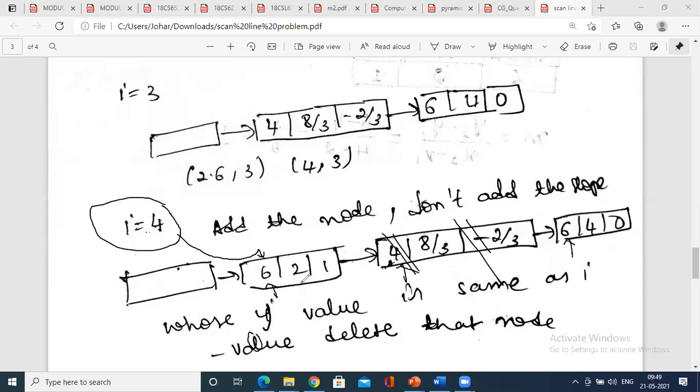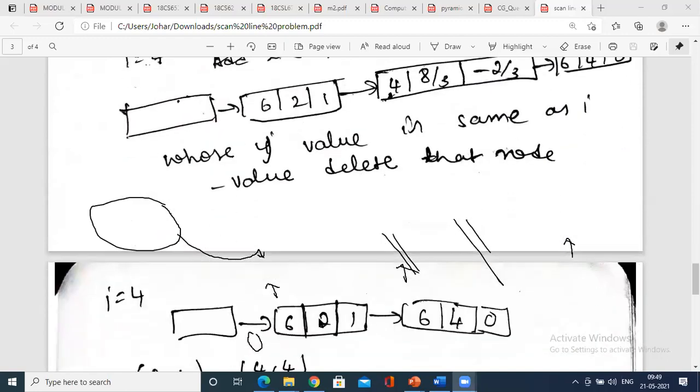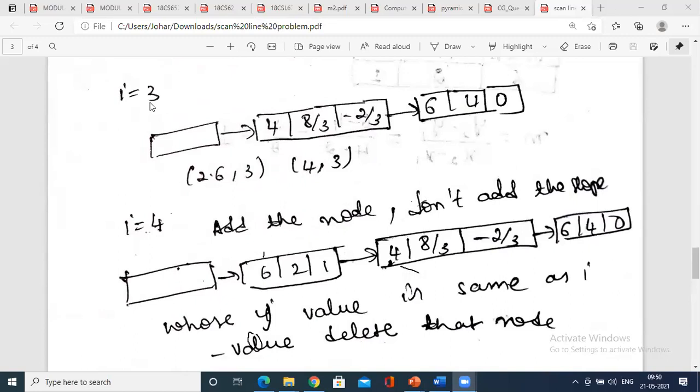Now you have to draw the coordinates from 6 2 1 and 6 4 0. So let us see here. How do you draw? You have to draw the value from 6 2 1 and 6 4 0. Clear? What I did, when y equals 4, no slope is being calculated from the previous value. Remember, when I equals 3 going to 4, I observe that there is already an edge. Hence, I'm not going to add the slope.